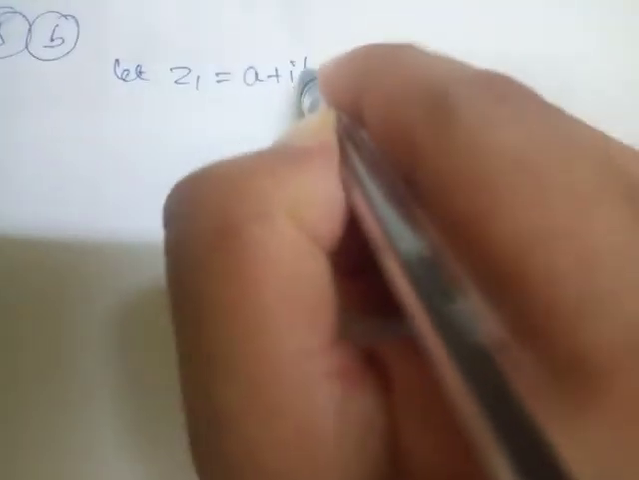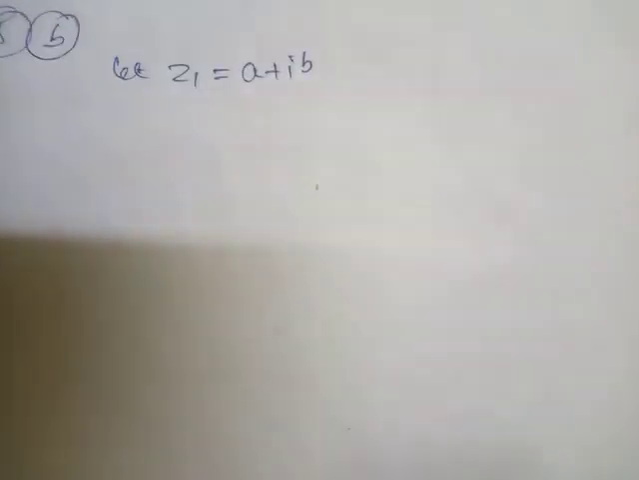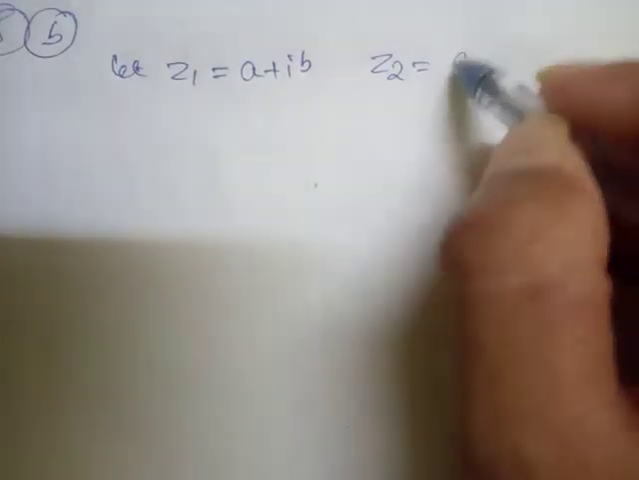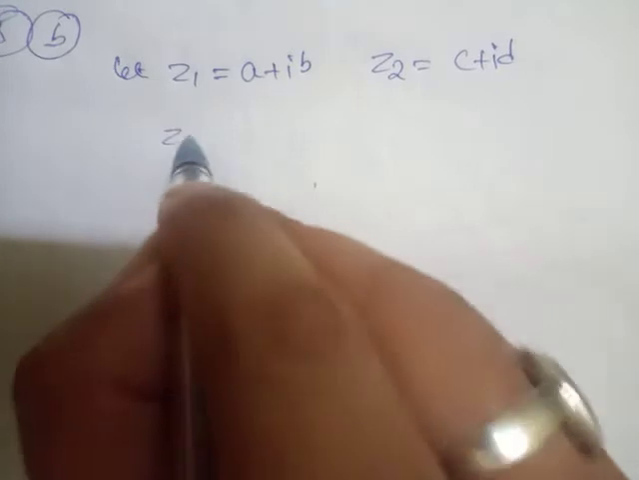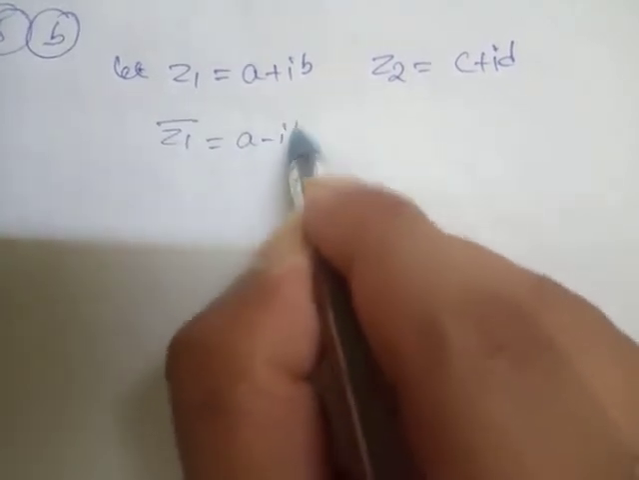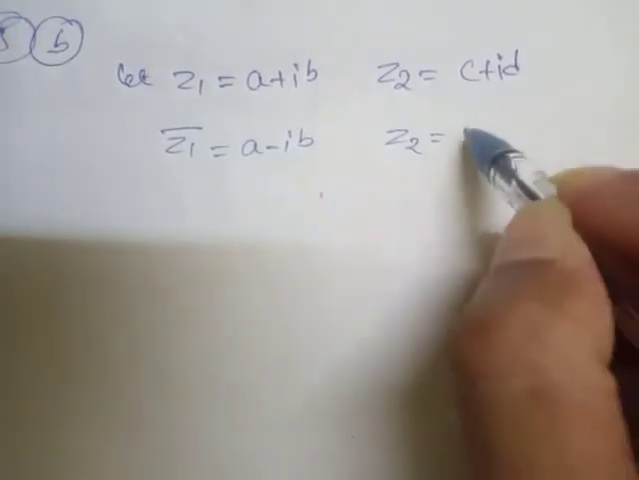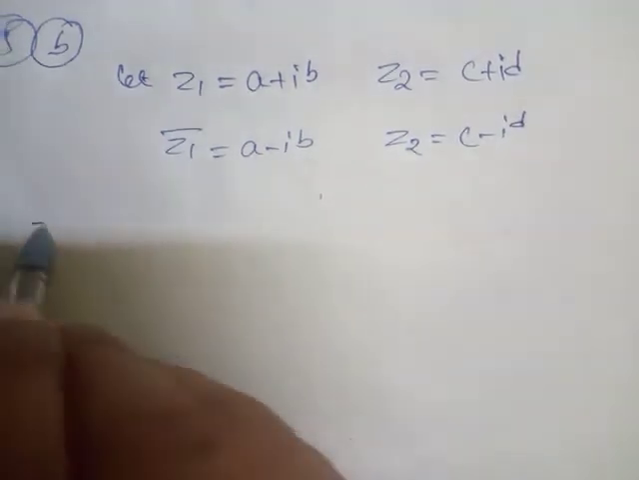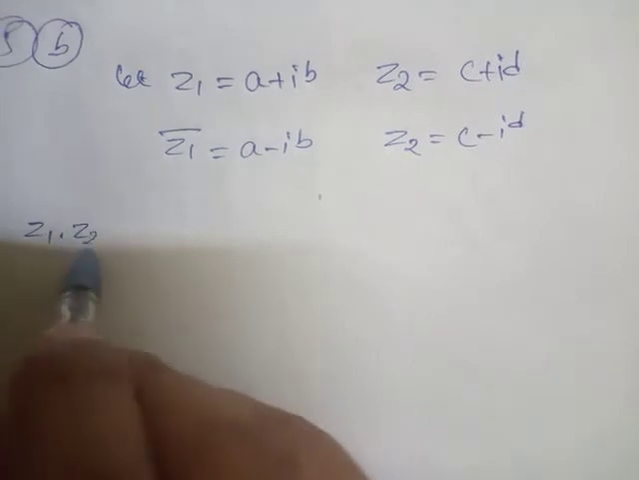5b. First of all, let us take z1 equal to a plus ib, and z2 equal to c plus id, z1 bar equal to a minus ib, z2 bar equal to c minus id. Now look after that, z1 into z2 bar,